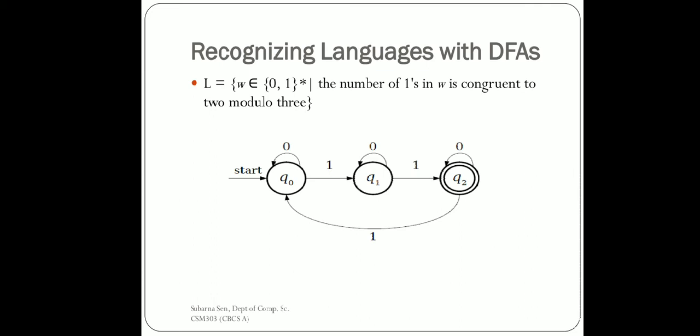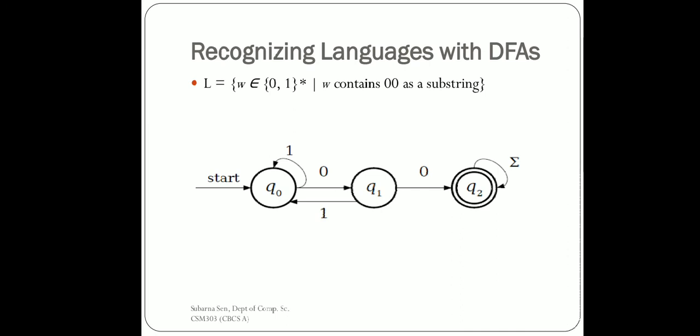So just keep on generating any strings. Keep some strings where the number of ones satisfies this condition, that is, it is congruent to 2 modulo 3, and also generate some strings where it is not satisfying this criteria. Just try to verify that the strings not satisfying the criteria are not accepted, and the strings satisfying the criteria are accepted, right? If you just keep on trying, I think you will get to know it.